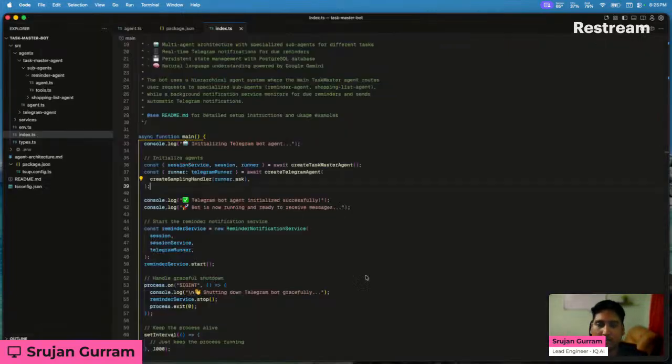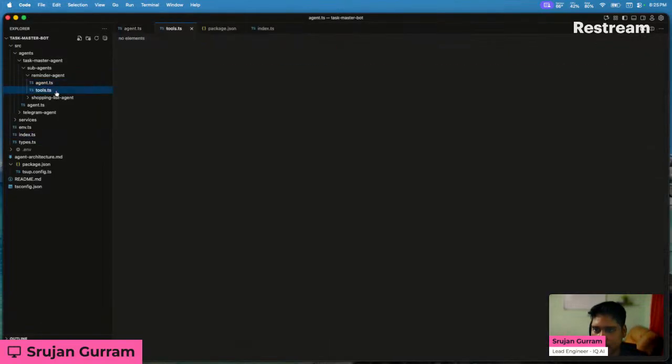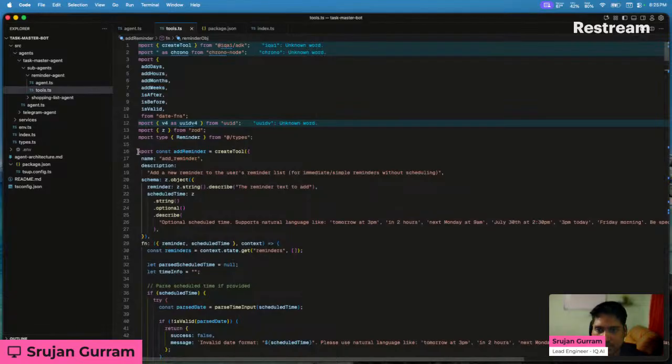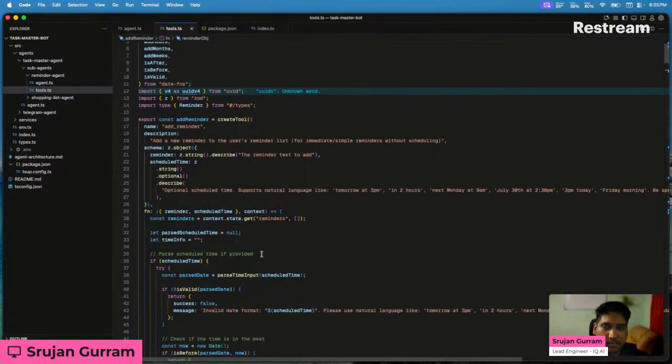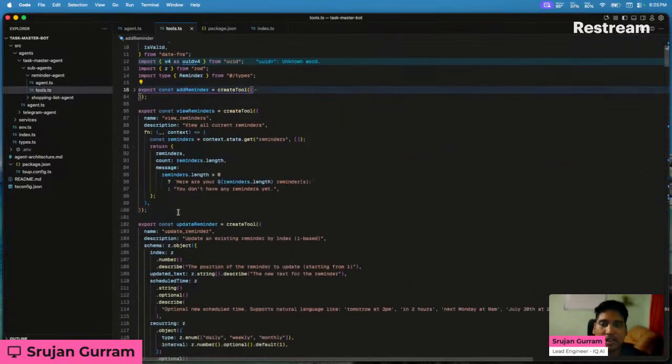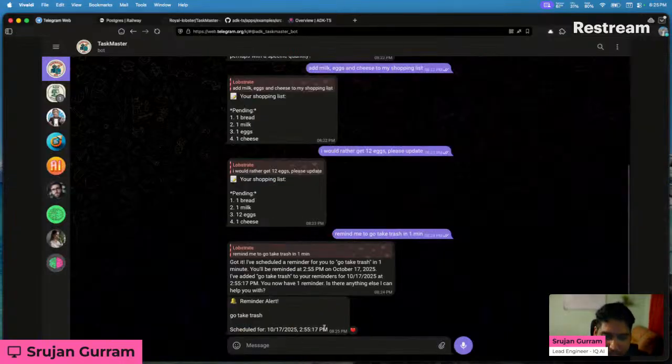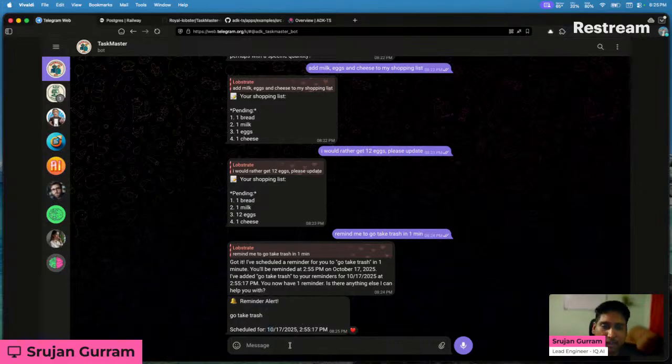But before that, we can also try some more. Actually, the tools that we have in here, it can add reminders, and then it can even do the scheduled reminders. So yeah, in this case, we got the reminder alert that is scheduled. Yeah, we can even do, actually, remind me to